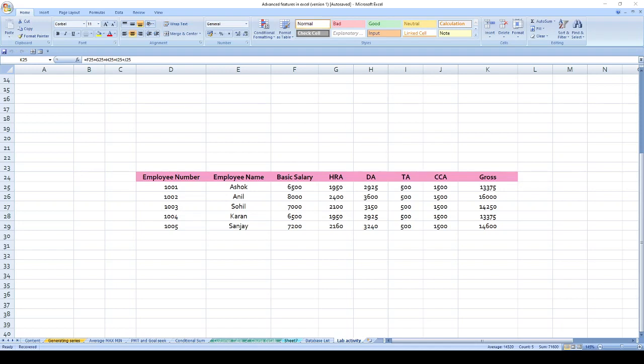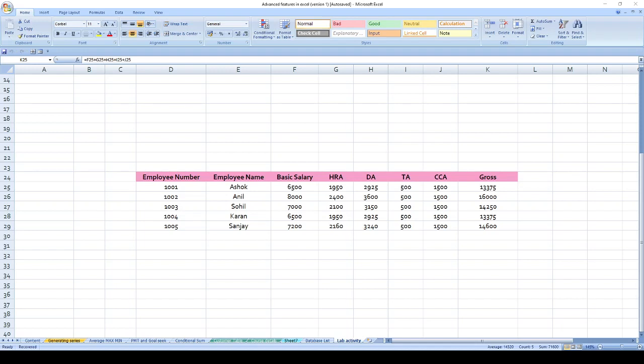In this tutorial, we will learn and discuss about a lab activity on advanced features in Excel. We have read the chapter and we have seen how to calculate the sum, the average, and find out the minimum and maximum.